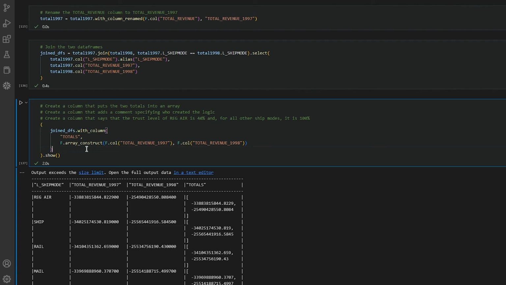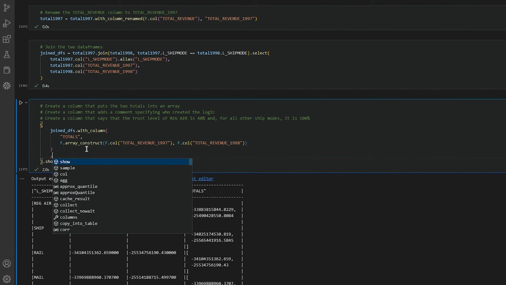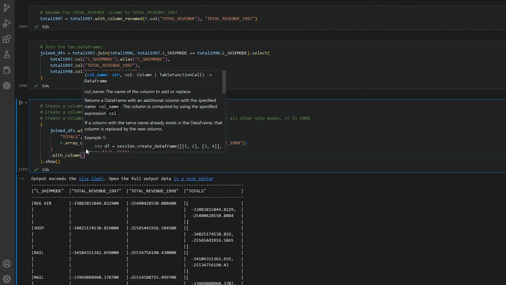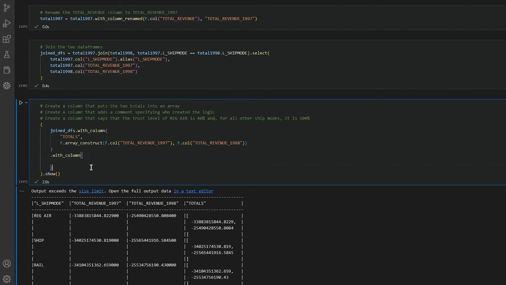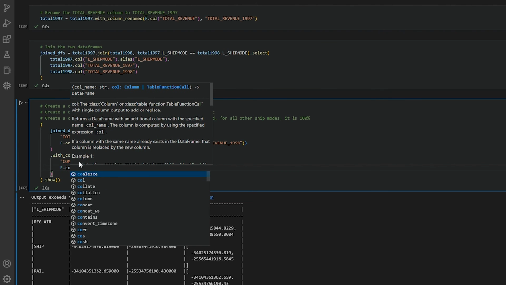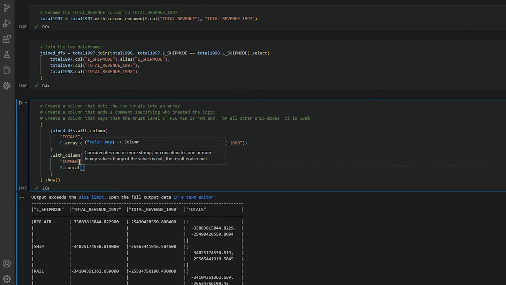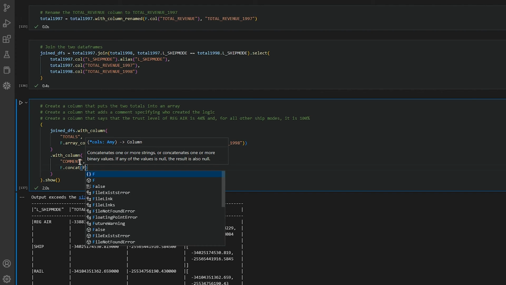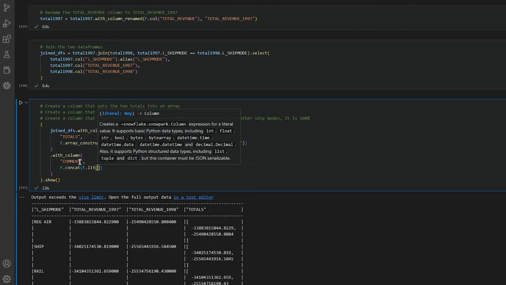Wonderful. So what I'll do next is I'll chain a with column expression on, and I'll look at our next specification. So create a column that adds a comment specifying who created the logic. Okay, so I'll call that comment, and I'll do f.concat, which concatenates 2 things or many things together. And what I want to do is add a literal value. So to do that, I have to do f.lit